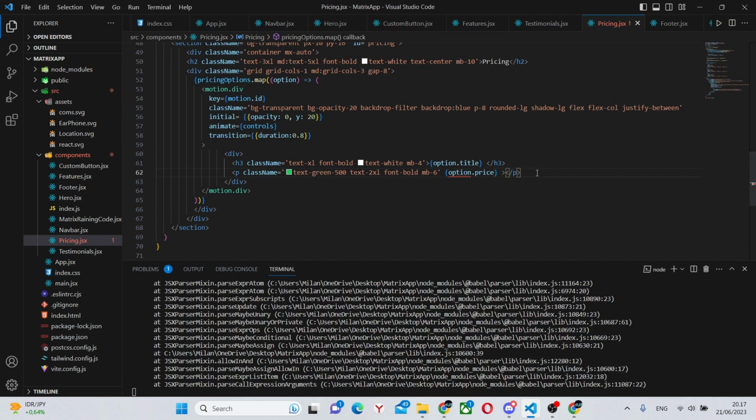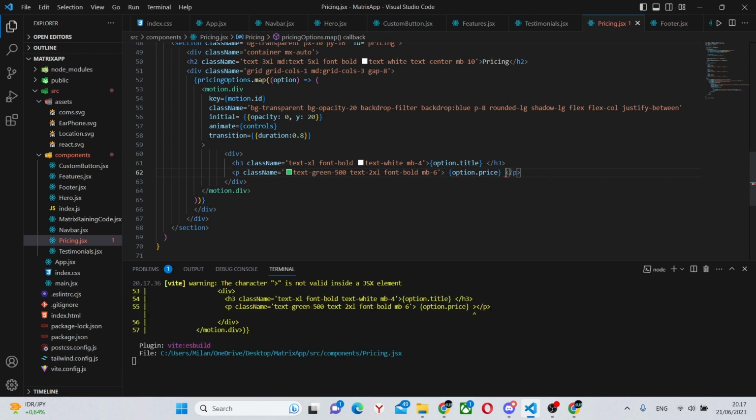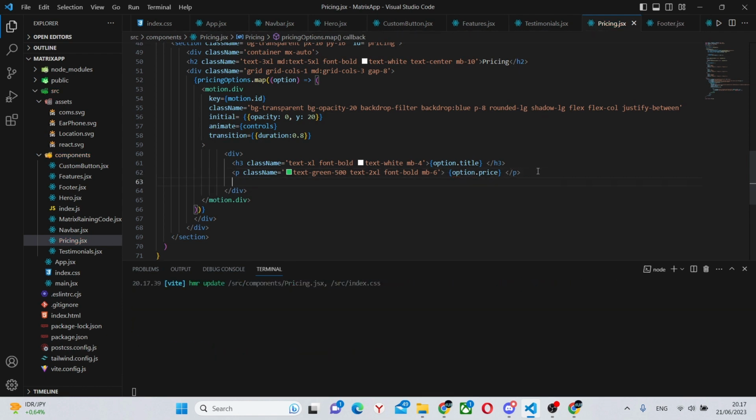Under here, we will have a UL. This UL will have a class name of text-gray-500 and a mb-6. In here we'll also map some stuff.